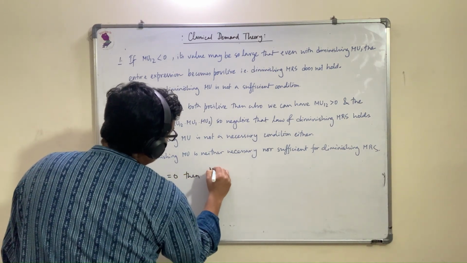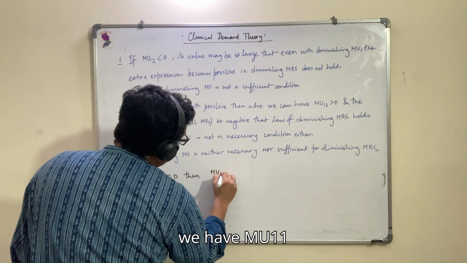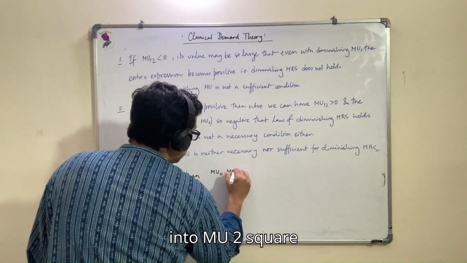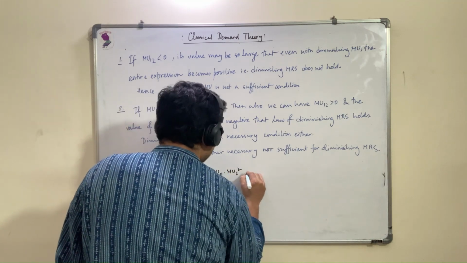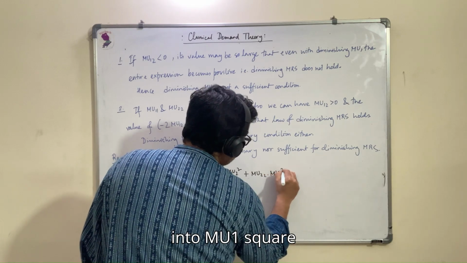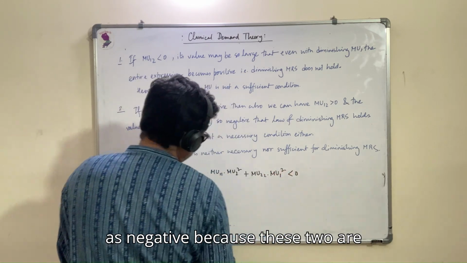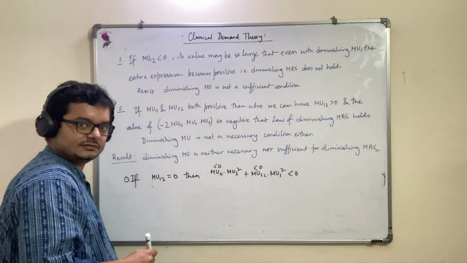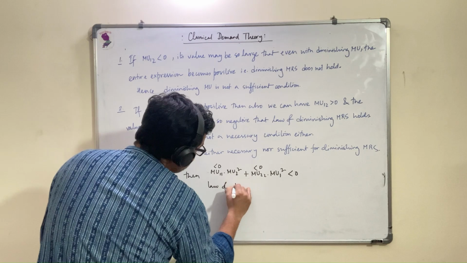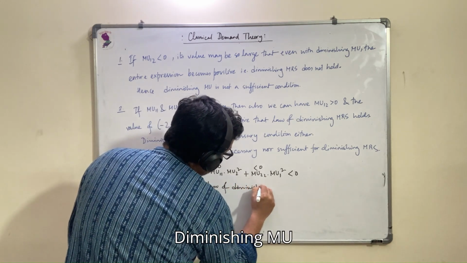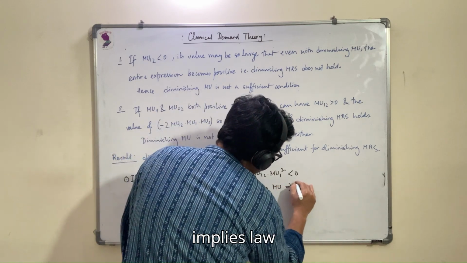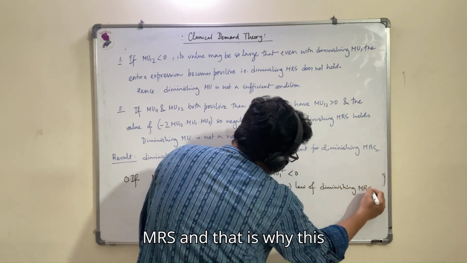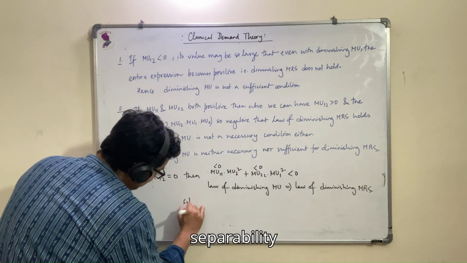Then we have MU11 into MU2 square plus MU22 into MU1 square as negative, because these two are negative. That means if MU12 is 0, then law of diminishing MU implies law of diminishing MRS, and that is why this separability